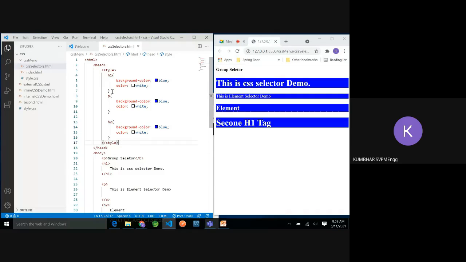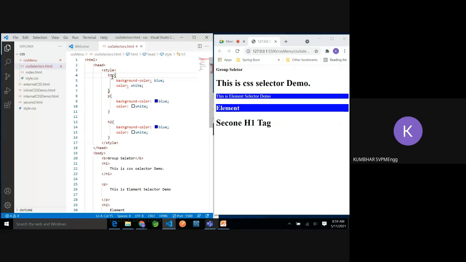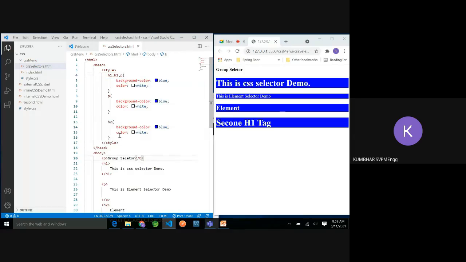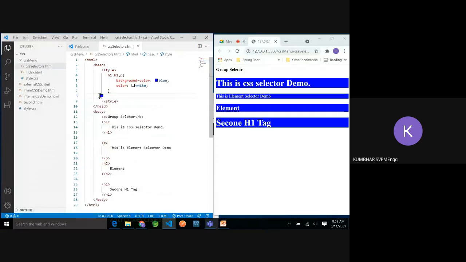So how can you go for it? You just have to separate all the elements with commas. Now, just a minute. Now I'm going to remove this paragraph, but you can understand the same style is applied to h1, h2, and p, all my three elements.